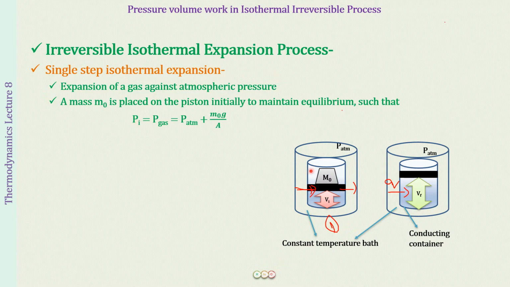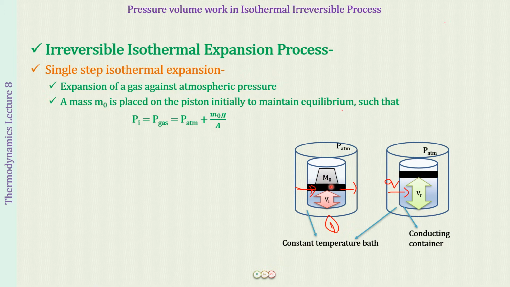All right. So now we have the piston at this level, where we have the pressure of the atmosphere and also the pressure due to this mass, both opposing the pressure of the gas, and the piston is not moving. Now we have two options to remove this mass from here so that the mass outside decreases and the piston moves up and the expansion takes place. So what are we going to do? What are the two options that we have?